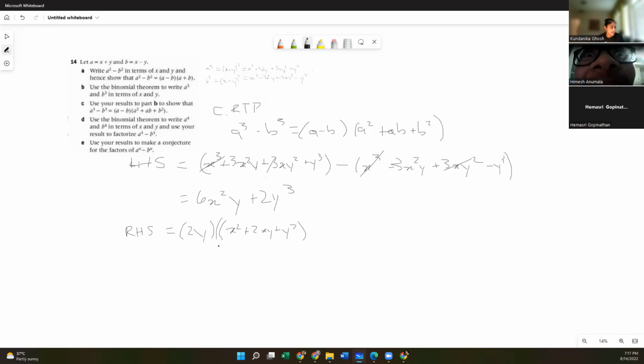Plus, I'm just going to put giant parentheses around that. Sorry, plus AB is x plus y times x minus y. Again, we established earlier that that was what? For xy, I believe. Was that what we established? X plus y times x minus y.